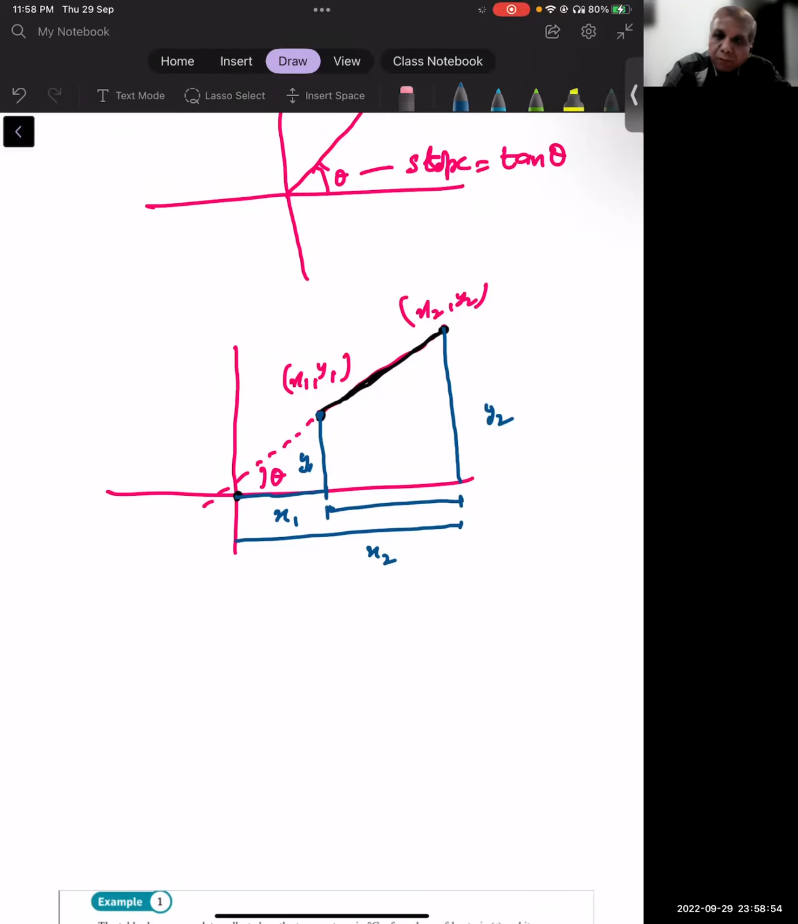This one. How much will be the length of this portion? x2 take away x1. Now this is y2 and this one is y1. What about this distance? y2 take away y1. And this is x2 minus x1. Got it? So if this is a triangle A, B, and C,